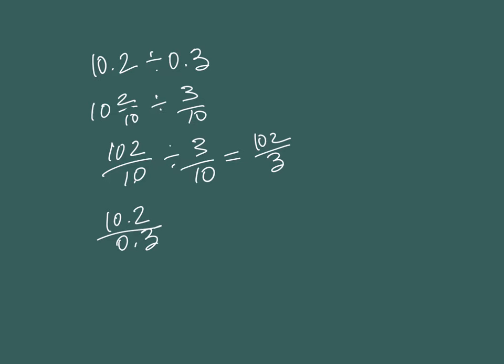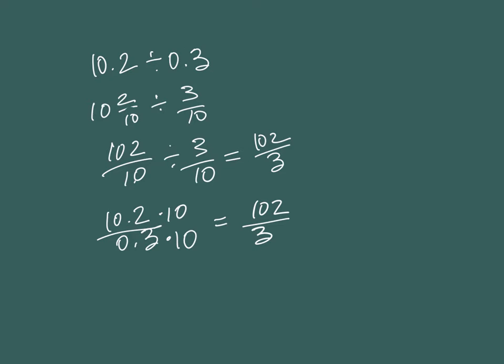So now this is a little tricky, right? We really haven't worked with any fractions that have decimals in them. Our fractions are all integer over integer. Or if we try to model the problem that we just did, it would be really nice if that 0.3 was an actual 3. So if that's the case, I can do my division like I normally do, right? So how do I make 0.3 into 3? Well, I multiply by 10. But in order to maintain an equivalent fraction, we also have to multiply the numerator. So we end up with 102 divided by 3. The same thing we had up there, right?